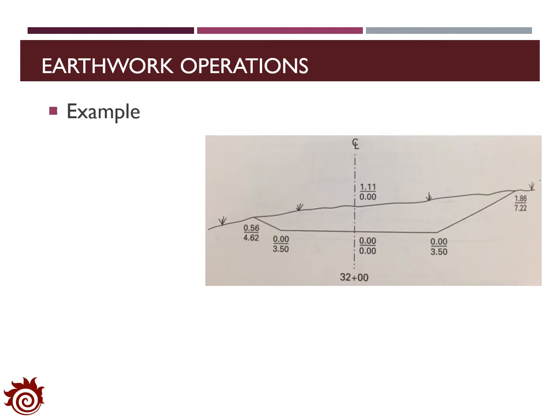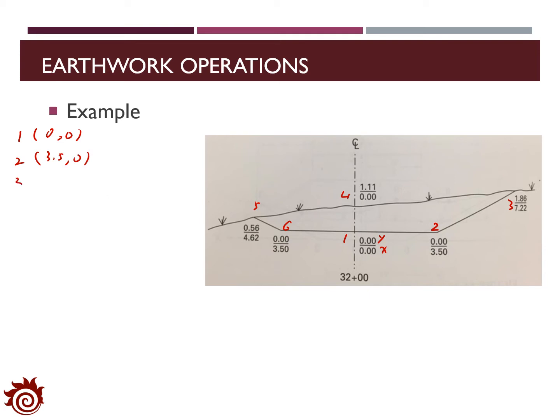Here, let's see one example for the estimation of the cross-section area. The figure here shows the information of this cross-section, and we are provided with the horizontal and vertical distances for each point. In this figure, the one on the top is the vertical distance and the bottom is the horizontal distance, which can be applied to estimate the coordinates at each point. In this example, there are 6 points: 1, 2, 3, 4, 5, 6. For the coordinates, we can have 1 as (0, 0),